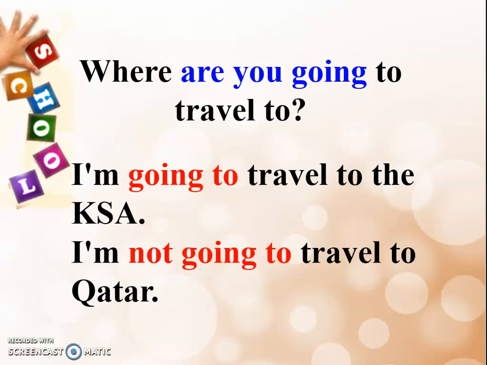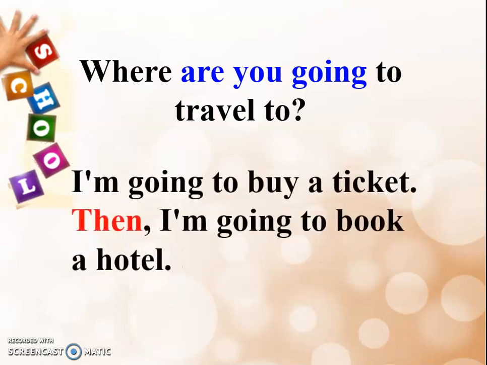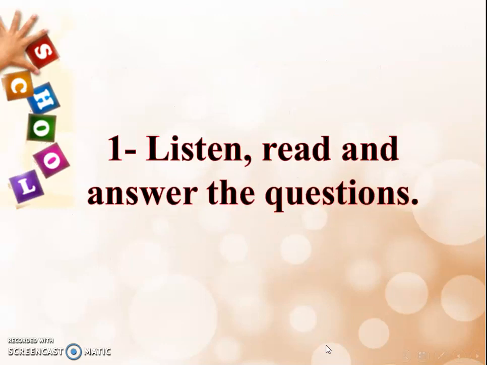For example, next month, next year, okay, it's a plan to make or to do something. I am going to buy a ticket, then I am going to book a hotel. Okay, so the first action that he's planning to do is to buy a ticket. So we use be going to. I am going to buy. Then I am going to book a hotel. Okay, look at the form, which is be, I'm here, going to plus verb.